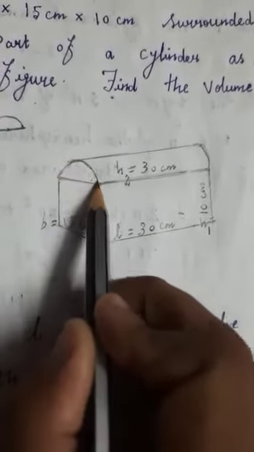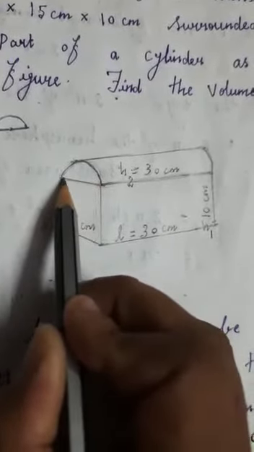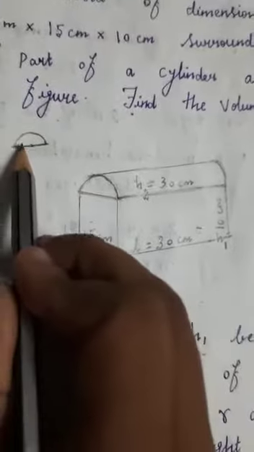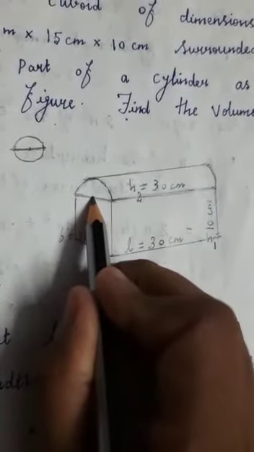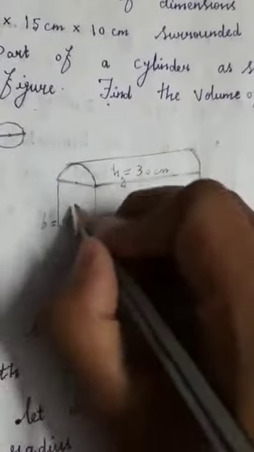Now we are finding the radius. Okay, so the semicircle you have, only this radius we are going to find out. This full length is the diameter. Half of the circle is the semicircle. So this full length is the diameter. Half length, from this to this, how much will it come? That is half of the diameter.